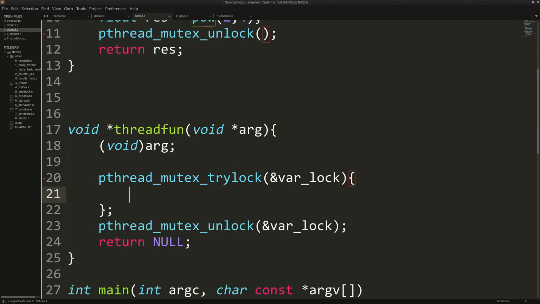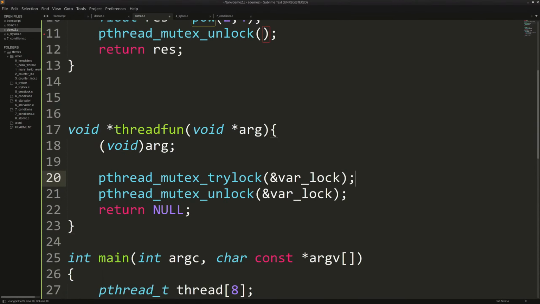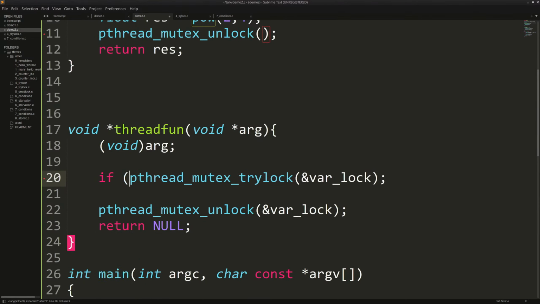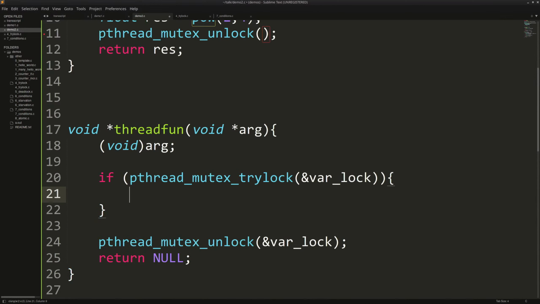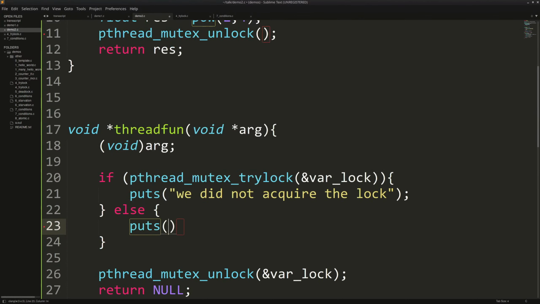It immediately gives up if it is already locked. And what we will do here is we'll put this in an if statement. And we will say we did not acquire the lock, and if it succeeded, we'll say we acquired the lock.